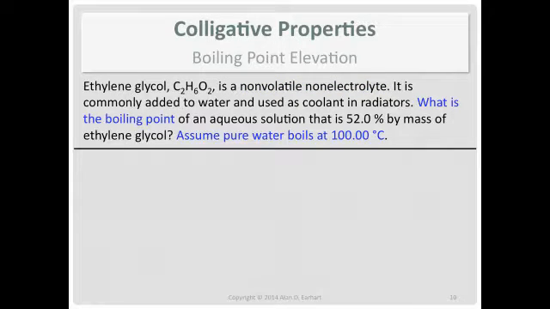Now, as soon as I see this information, what's the boiling point? Then I think, I need the mathematical formula that relates the change in boiling point to concentration. Now, one thing we need that we were not given in this problem: when you do need it, you have to have the boiling point elevation constant in order to do it.